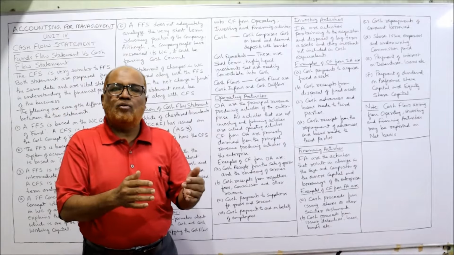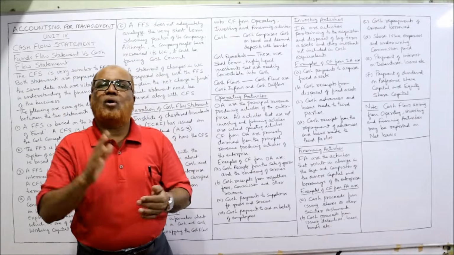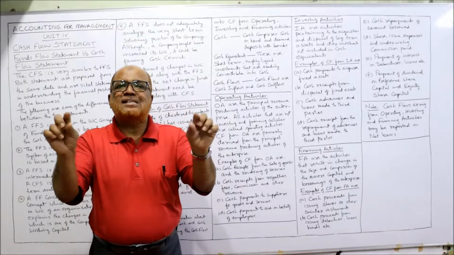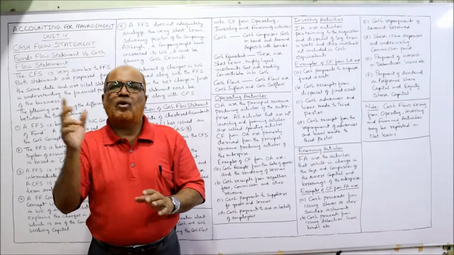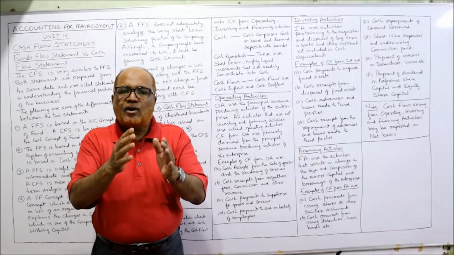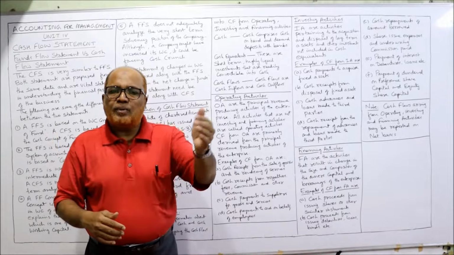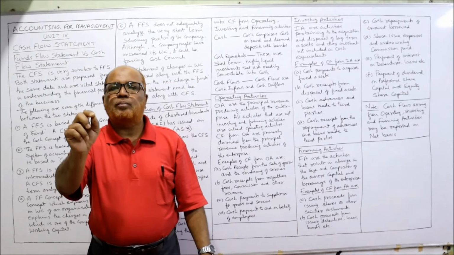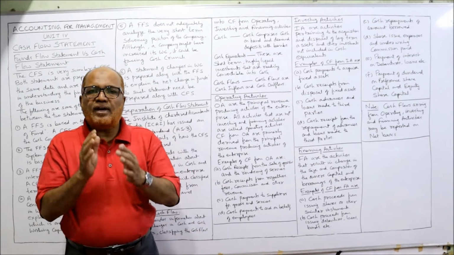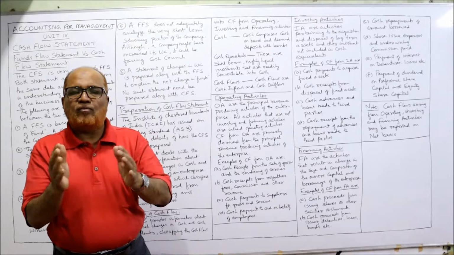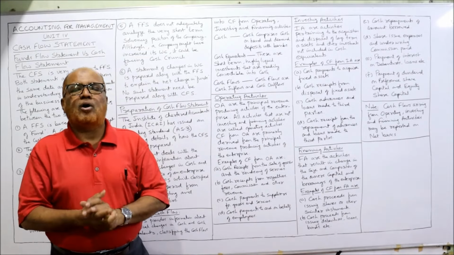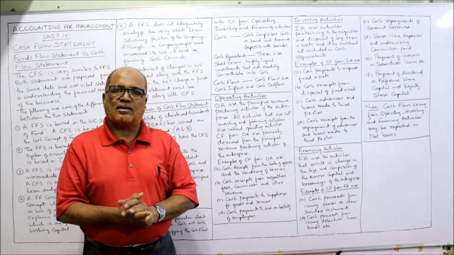By selling the fixed asset, the company got 1 lakh. By purchasing the new fixed asset, there is a cash outflow of 10 lakh. So we will not show inflow and outflow both. We will make a set off. Net cash flow we will find out. So 10 lakh rupees outflow, 1 lakh rupees inflow. So deduct 1 lakh, net amount 9 lakh rupees is the outflow. In this way, the cash flows, inflows and outflows will be taken in a net form for all the operating, investing and financing activity.